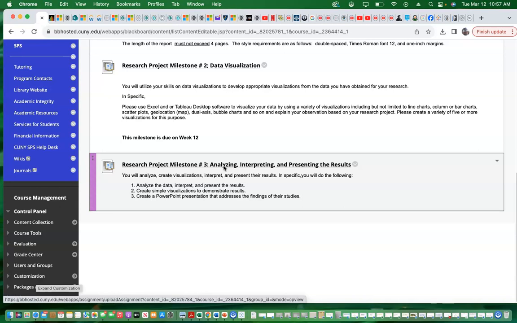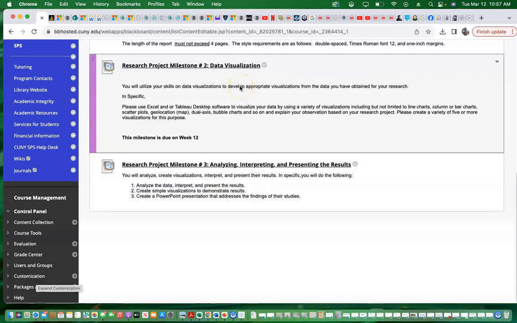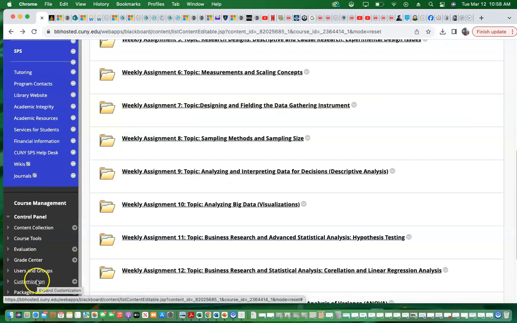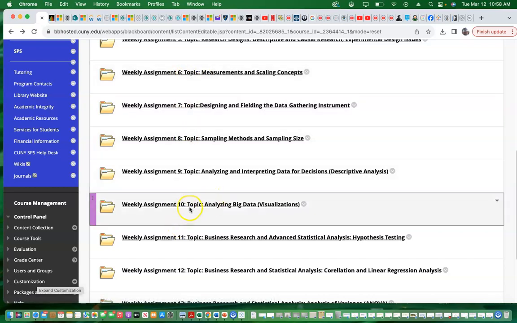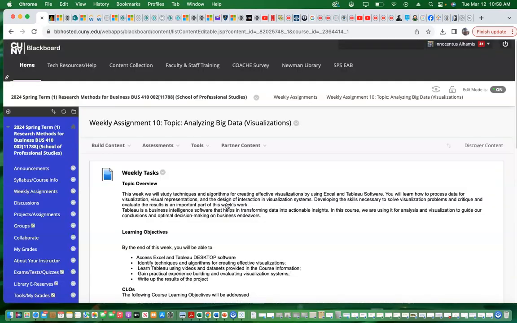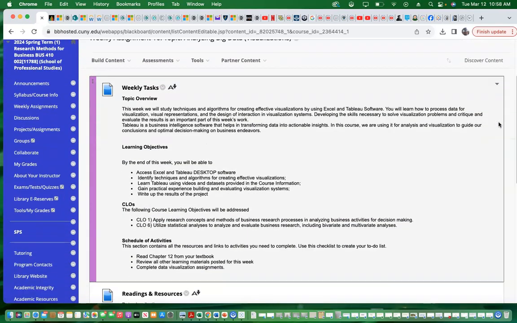And then after you have fulfilled all these milestones, then you can write your report. And your final report will include milestone 1, 2, and 3. So milestone 1 was due in week 6. And if you go to week 10, after understanding how to analyze big data and create visualizations, you can see that